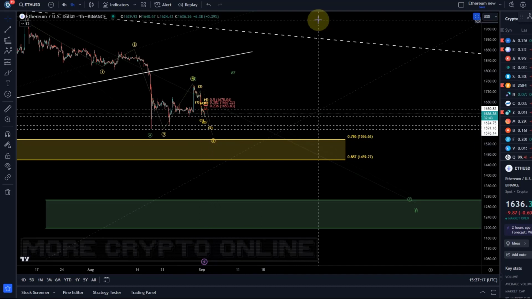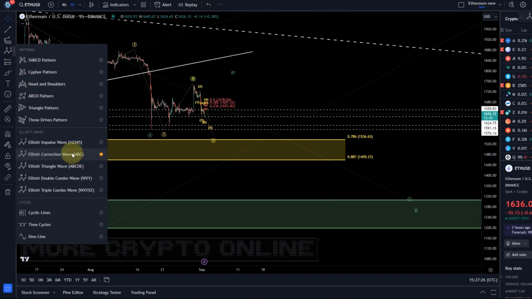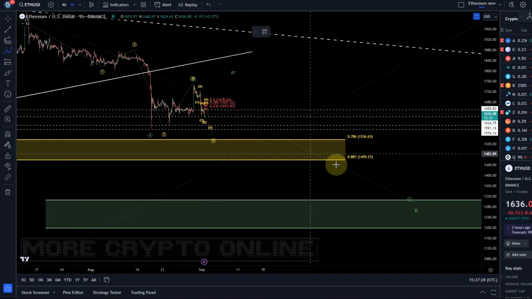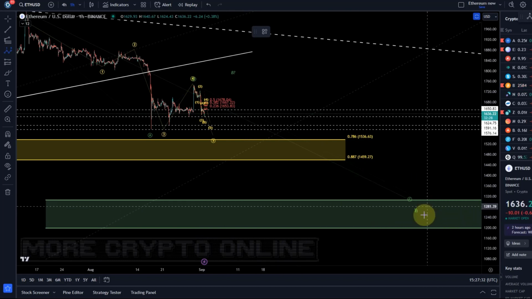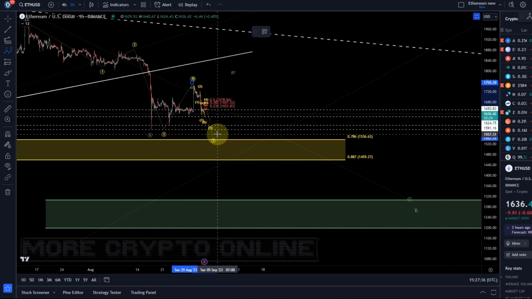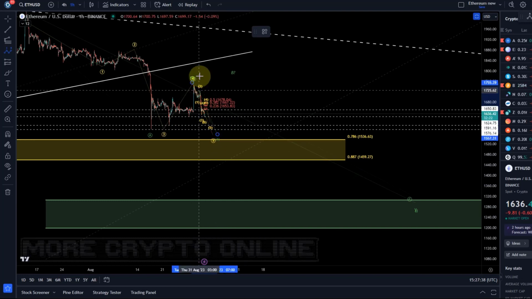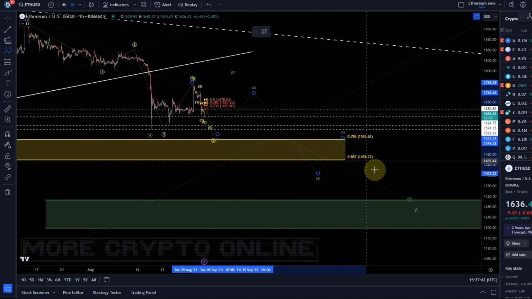I will always try to guide you through the process. If the next rally is not impulsive, then we are likely in the green wave count. The green wave count assumes that a B wave topped here, and therefore has much more space to the downside. It would still be bullish overall, but we need to prepare for a drop into the $1,200 to $1,300 region. It would work like that: wave 1, this 5-wave move down, would only be the first wave in green, then a wave 2 to the upside, 3, 4, 5.